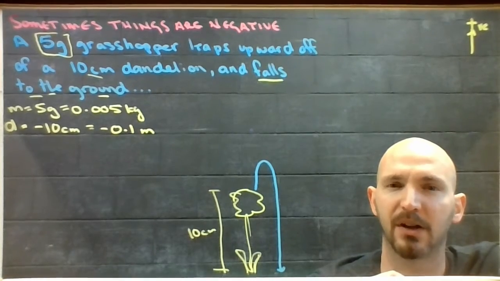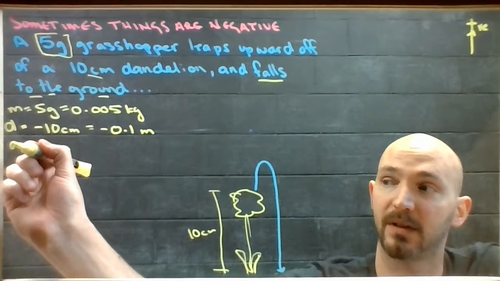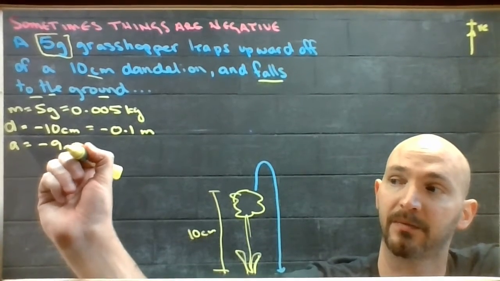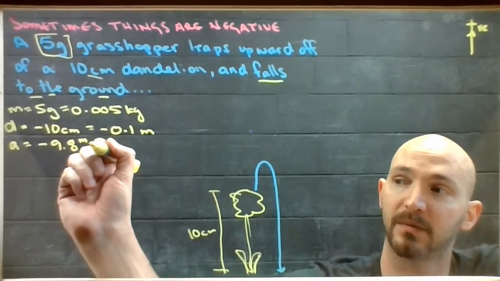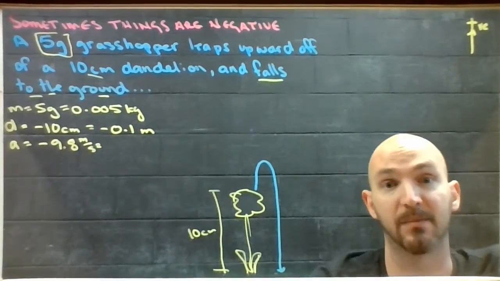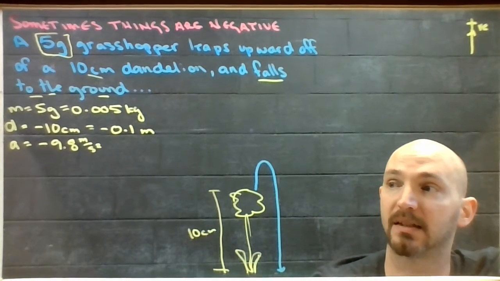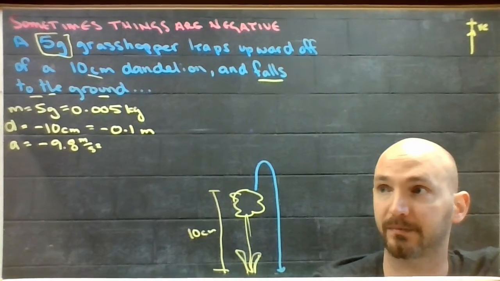So the acceleration due to gravity near the surface of the Earth is negative 9.8 meters per second squared. And I am using the negative because gravity is pulling you downwards. So I have a positive mass, a negative distance, a negative acceleration,